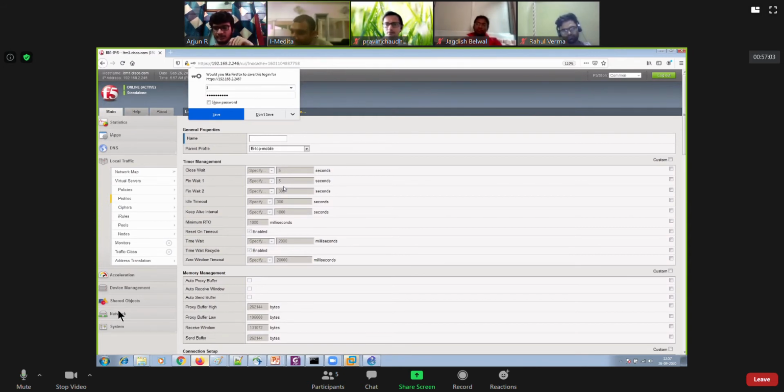Exactly. Using iRules, you can direct the traffic to the specific virtual server, because it will not be possible for us to say, hey, you are a mobile user, go and hit this virtual server. Okay, you are a desktop user, go and hit this virtual server. We cannot say that, right? So better we use what?